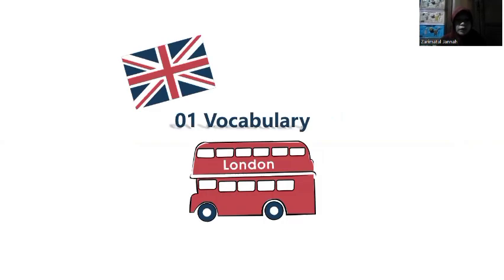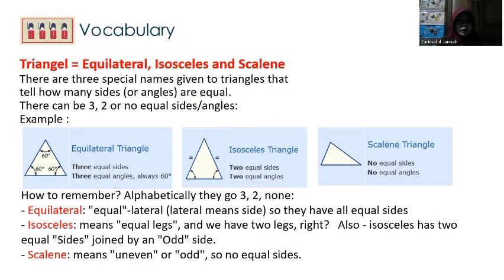The first vocabulary: triangle, equilateral triangle, isosceles triangle, and scalene triangle. There are three special names given to triangles that tell how many sides or angles are equal. There can be three, two, or no equal sides or angles. For example, look at the picture. The first picture is an equilateral triangle because it has three equal sides and three equal angles, always